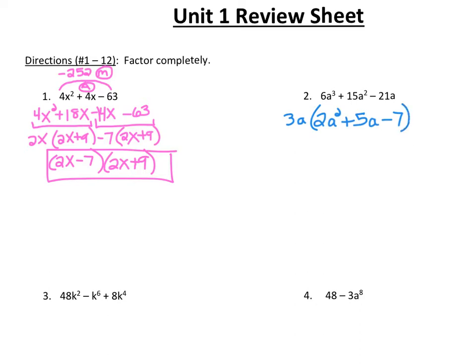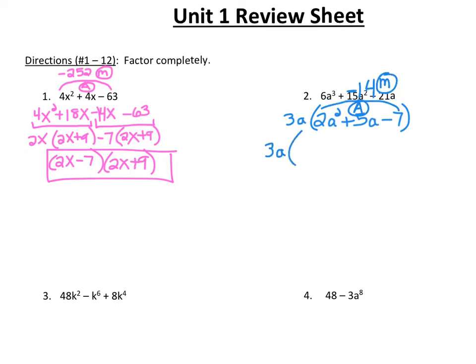Now we want to see if we can factor further. Okay, so we have a trinomial in here. And because the leading coefficient for that trinomial is something other than 1, we're again going to have to do the rainbow into factor by grouping. So when we multiply together 2 and -7, that gives us -14. So we have to come up with two numbers that multiply to -14 and add to 5. Okay, before I do that, let me bring down the 3a,